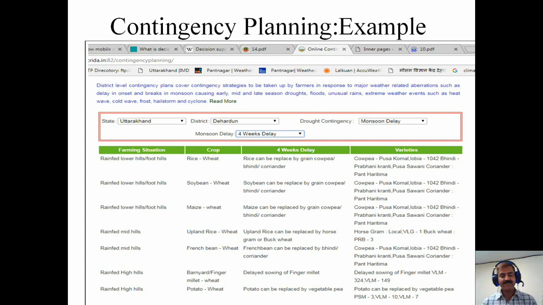So when you have replaced the crop, then the amount of fertilizer which would be applied, and when it would be applied, the amount of irrigation that would be required, and when it would be applied, those will also change. So accordingly, you will have to modify these applications of inputs. You will have to also modify the chemicals which you are going to spray in the field. So this is how we can do a good contingent crop planning, and this crop planning will always be based on the normal climatic situations, and whenever these climatic situations change, then only we will require contingent crop planning.